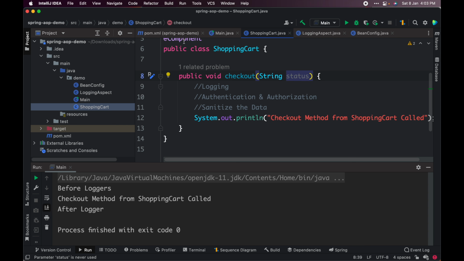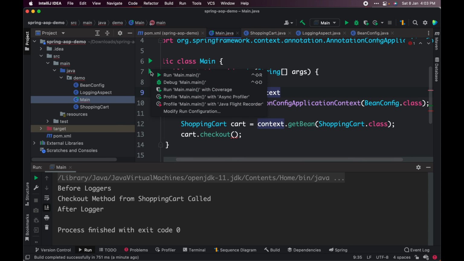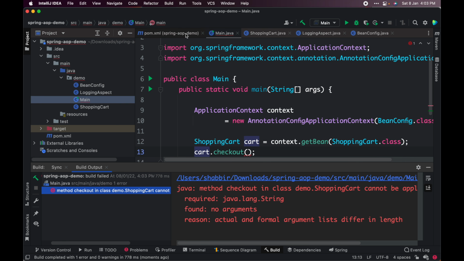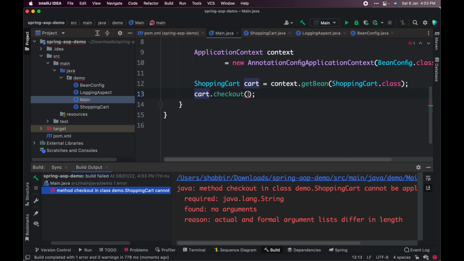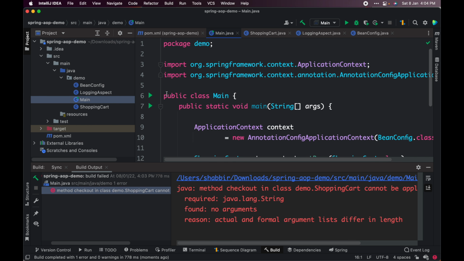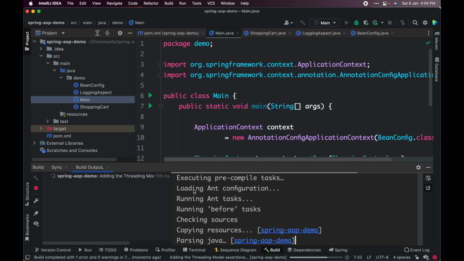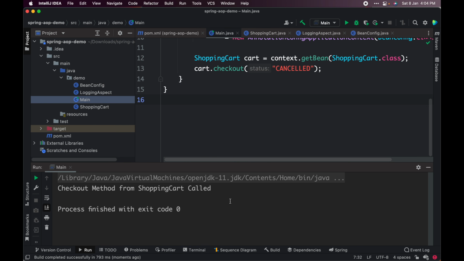If we try to run this, there is an error, so we need to go to the main class, and here I can say status is cancelled, suppose. If I run this again, you can see that only the checkout method for shopping cart was called, so the aspect was not called.